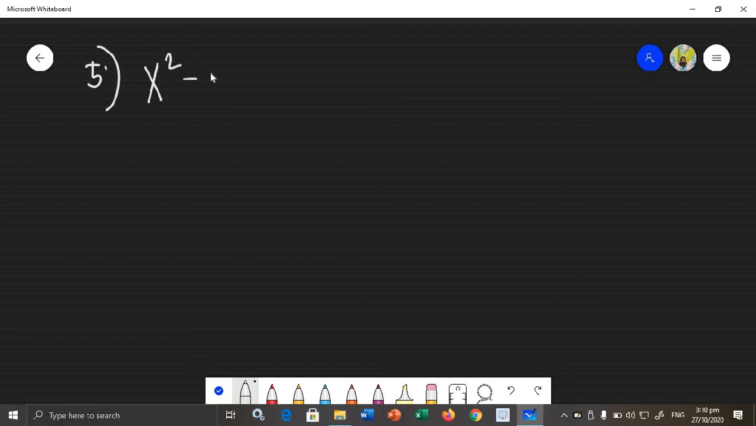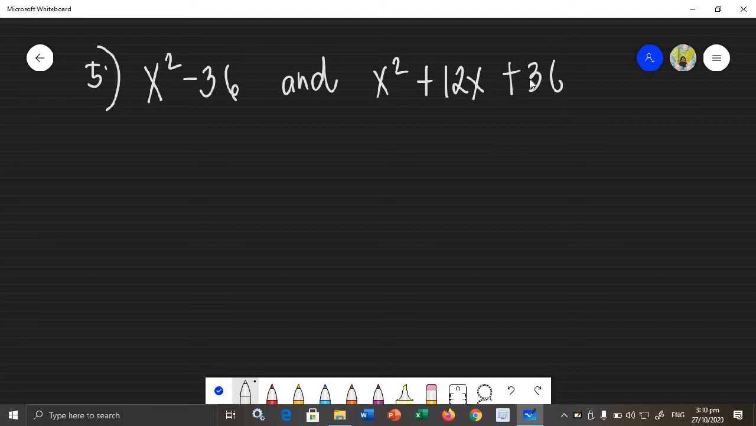we have x squared minus 36 as the denominator of the given RAE, or rational algebraic expression. And then the next one is x squared plus 12x plus 36. So again, this is the same as example number 4. So we will find the LCD. So this one,